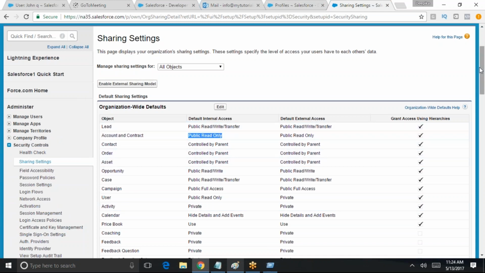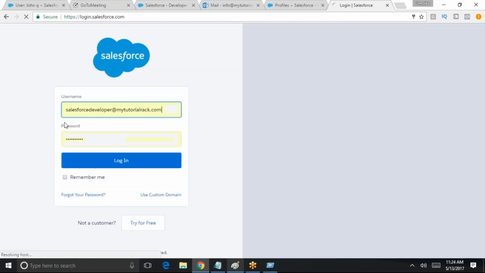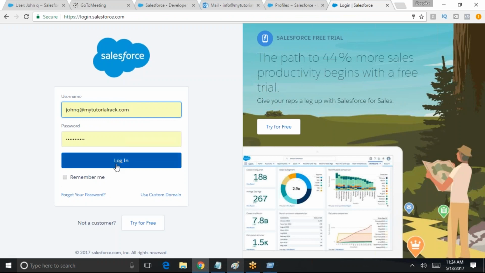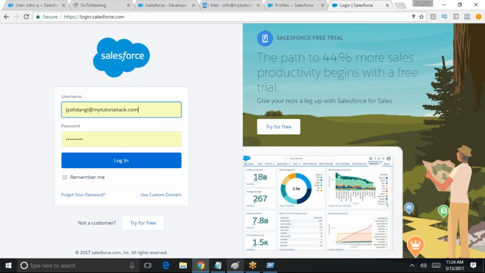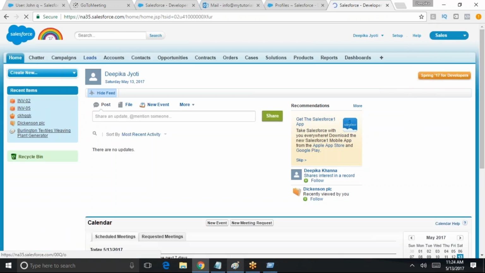Before, everyone was able to edit the account objects as well as read them. Since we now only gave public read access, this time they'll only be able to see the account records. So if I log in as John Q or somebody, not John Q because he's a Salesforce platform user, I'll go to Jyoti one because she is the standard user. She has access to the account and everything. So now if I go to sales and then to accounts,